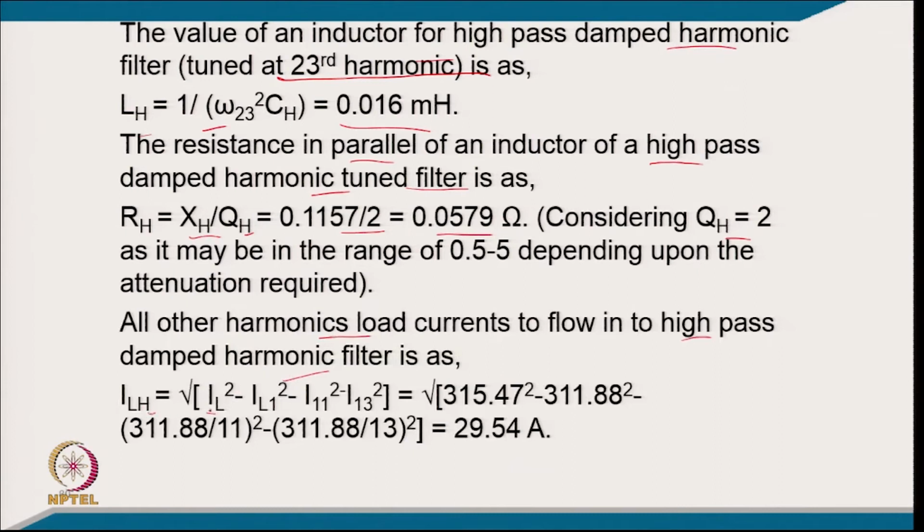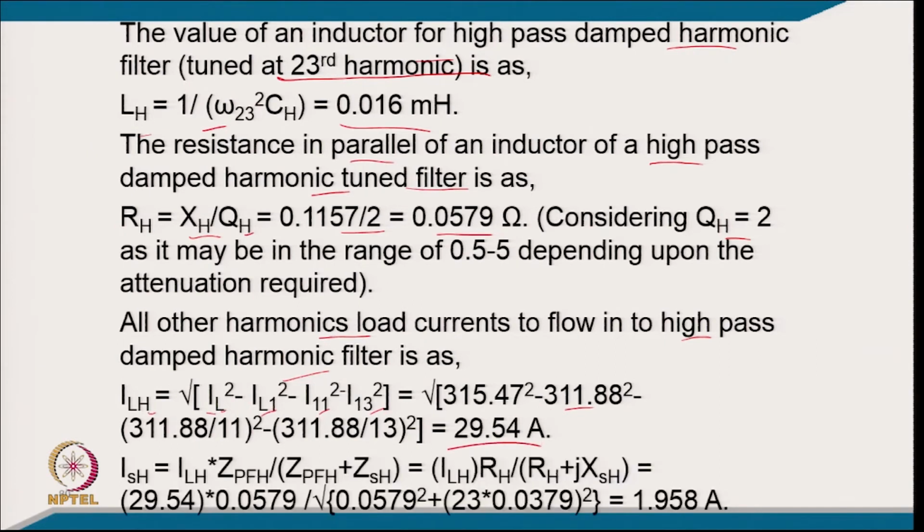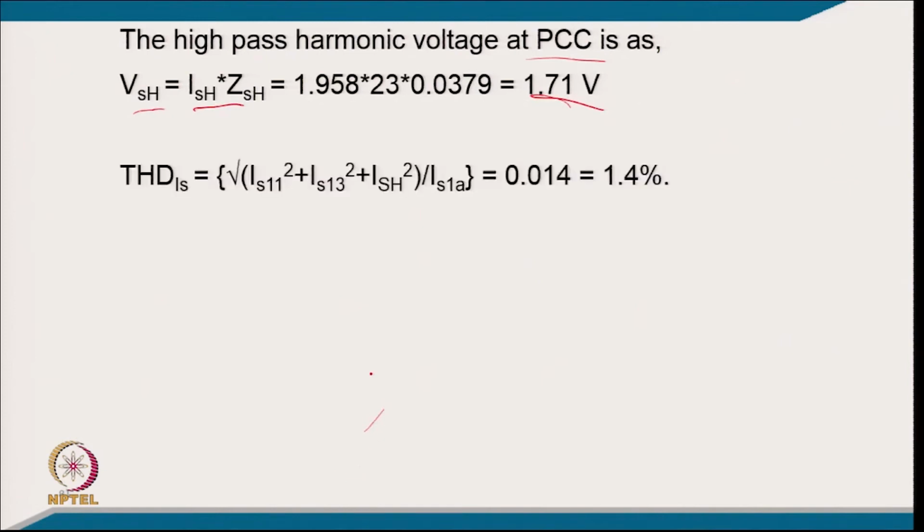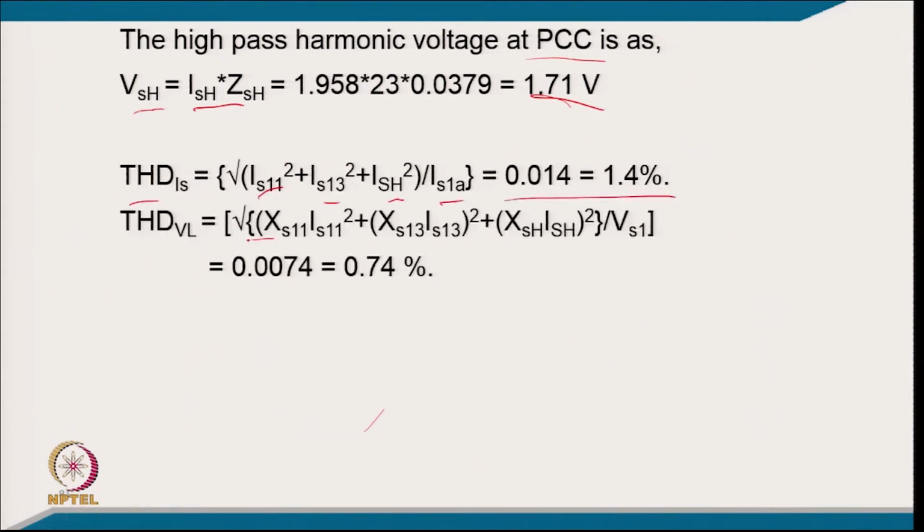So, all harmonic current other than the load current minus the fundamental, the 11th and 13th, comes 29.54 ampere, and the current going to the supply for all harmonic current, from the calculated form, comes 1.958 ampere. The voltage of the high pass harmonic filter at PCC will be VSH equal to current multiplied by the impedance. So, it comes 1.71 volt, and the THD of supply current for the 11th, 13th, and all high pass divided by fundamental comes 1.4%, and the voltage THD will be the drop of all divided by fundamental voltage, it comes